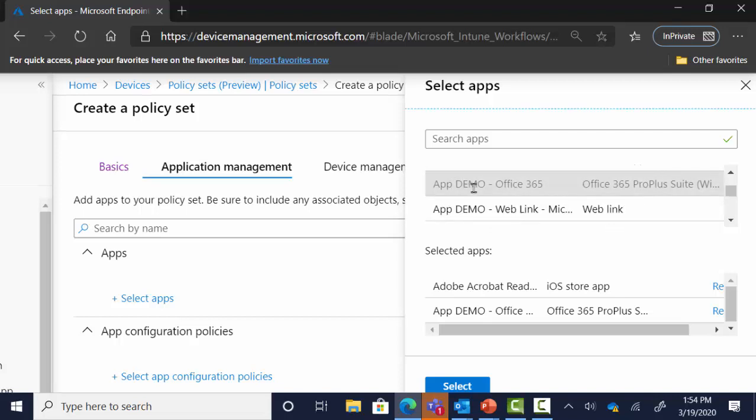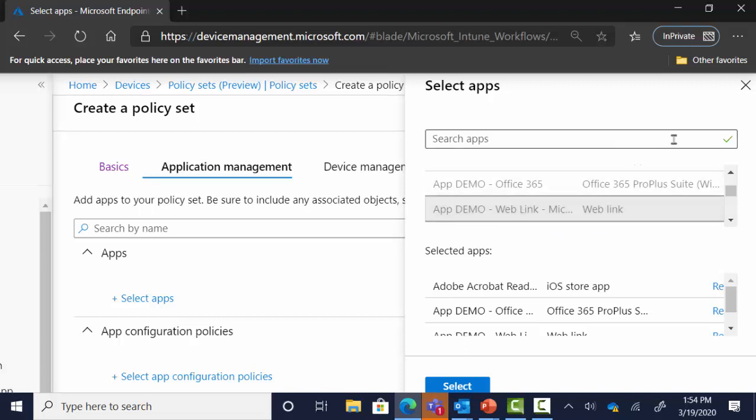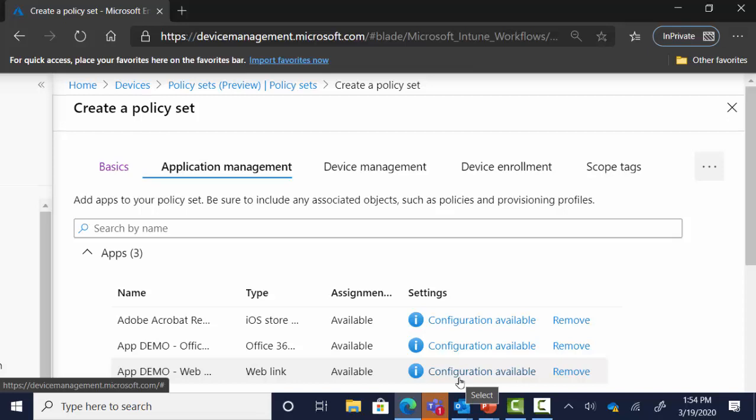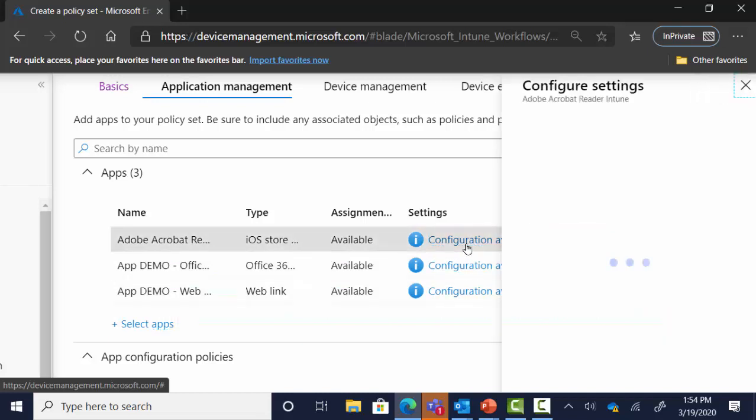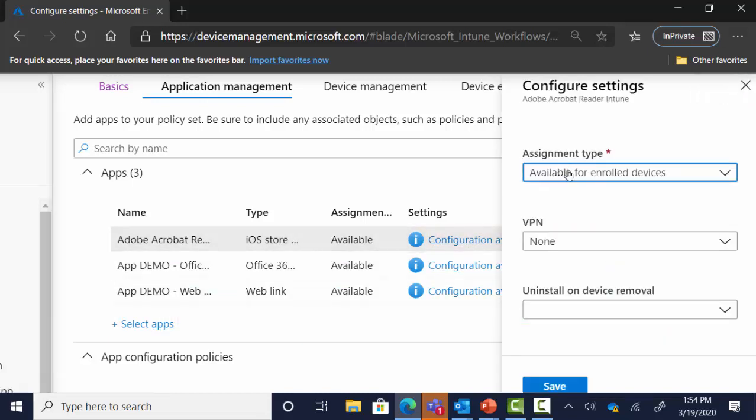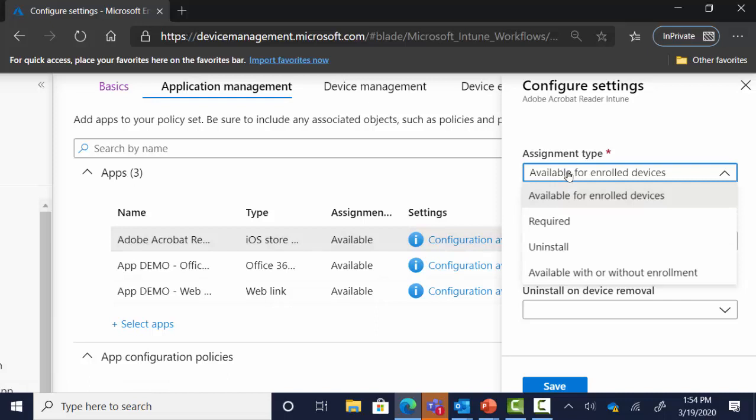That was an interesting one because we don't actually support Office 365 right now, but it's there anyway. So I just hit OK. All right. Now notice whenever I do this, each one of these has a different additional configuration available. Now, if I click on all 3 of these, they're all going to be the same. But if I click on it over here, I'm going to get to choose the assignment type that I want